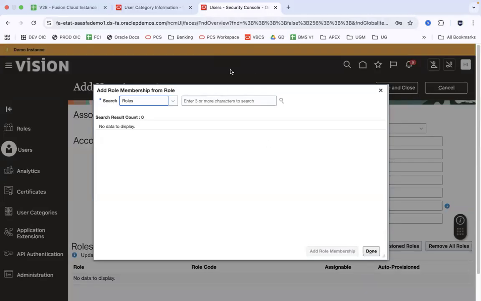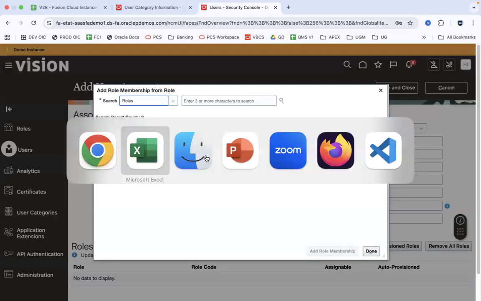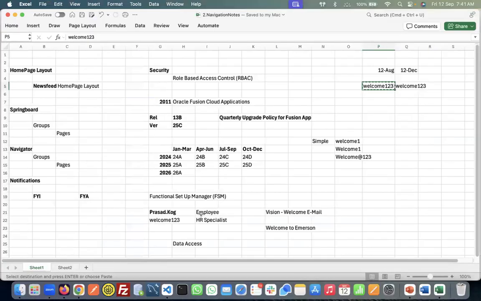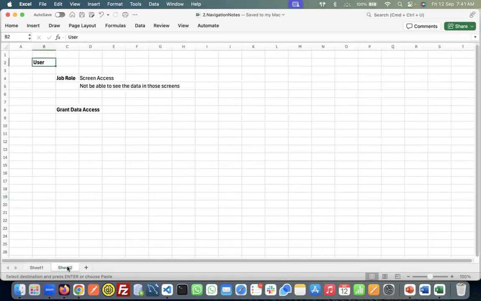Now, Security in Fusion Cloud works on the basis of roles, guys. Security in Fusion Cloud works on the basis of roles associated with a user. It is called role-based access control. So when a user logs into the application,